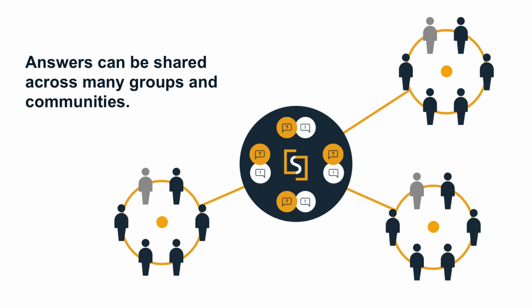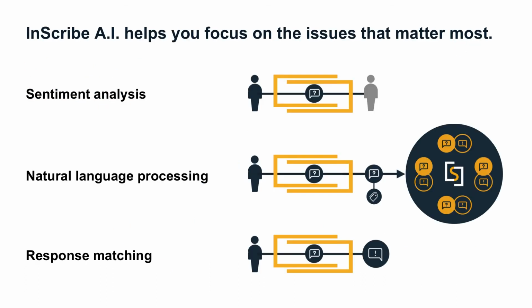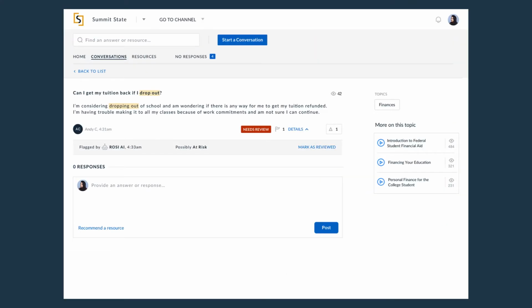Over time, your students and experts work together to build a repository of knowledge that is valuable and unique to your institution. These repositories can then be shared across new groups and cohorts over time. So while Inscribe begins as a human-driven system, it is then supported through a layer of artificial intelligence that wraps the community and helps it remain healthy as it scales. And this AI works in a couple of ways.